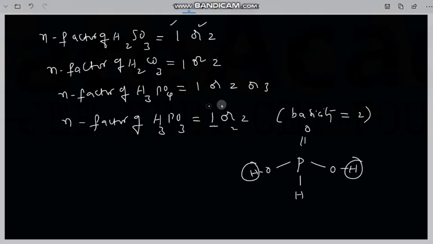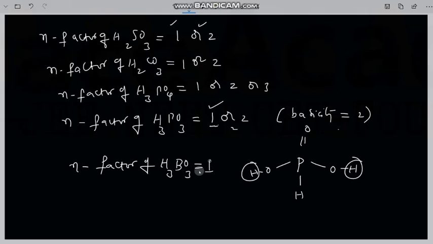When it is exhibiting 1, its basicity is not equal to 1. That's why we are saying this N factor may or may not be equal to the basicity of the oxo acid given to us. Now coming to another most important example in our chemistry, that is boric acid. N factor of boric acid